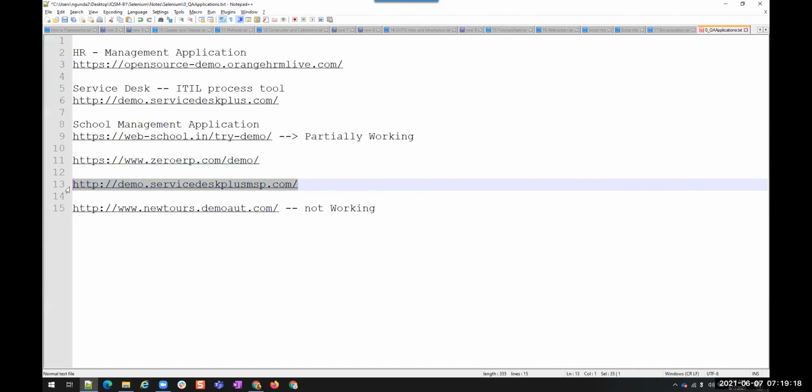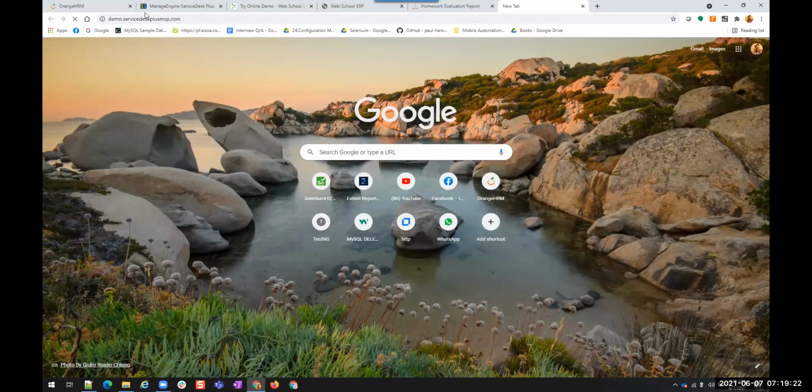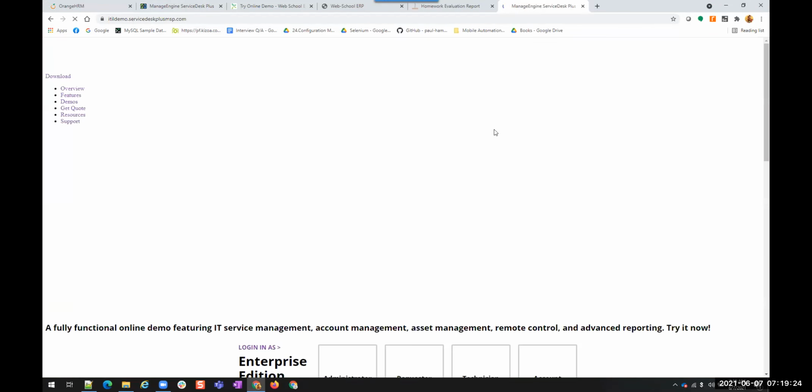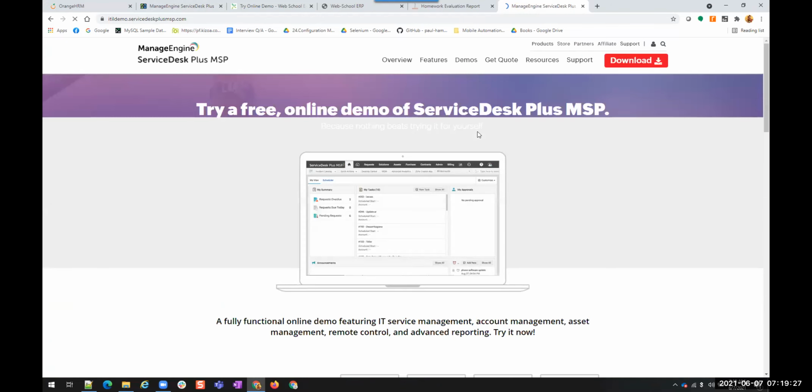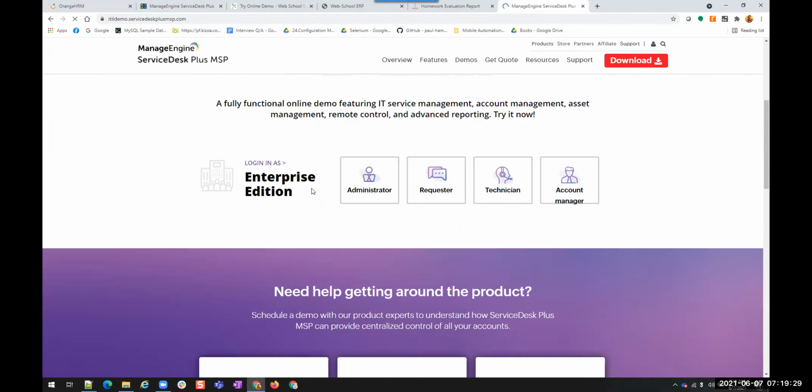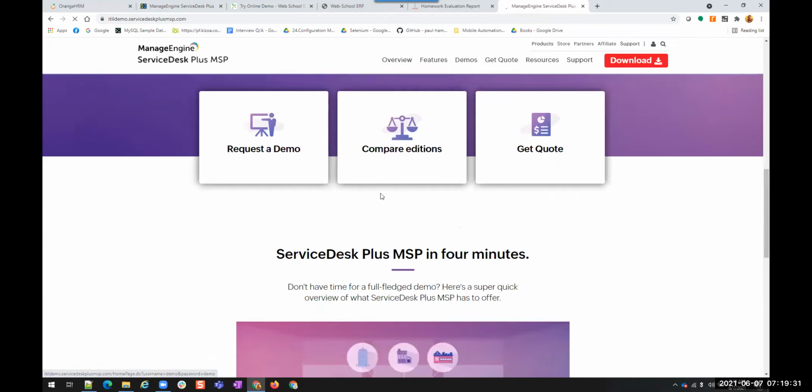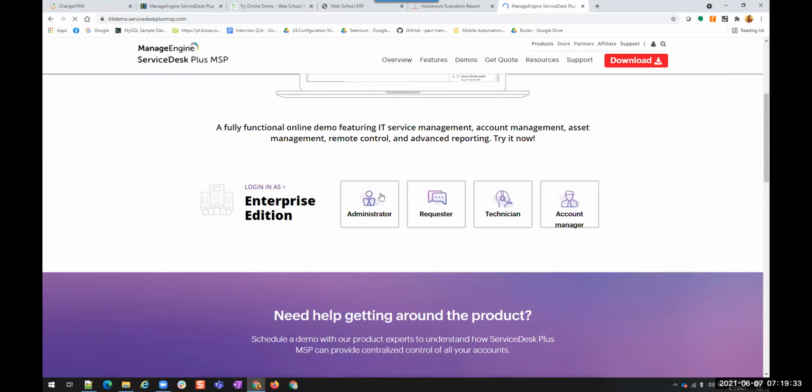Then we have Service Desk Plus MSP. This is another demo site of Service Desk Plus. See, you can click on enterprise administrator.